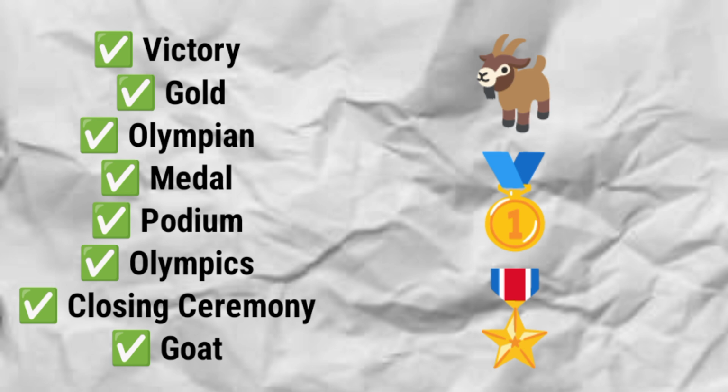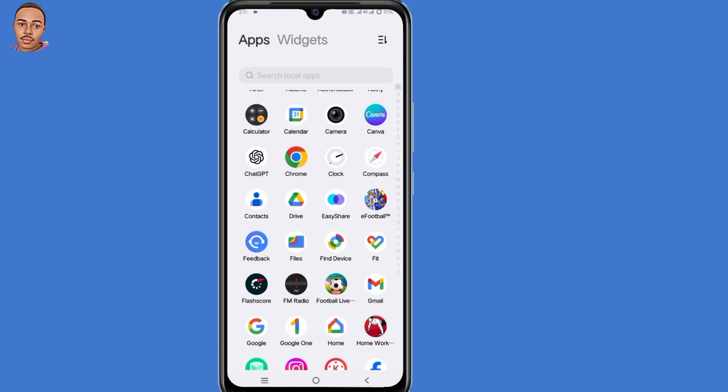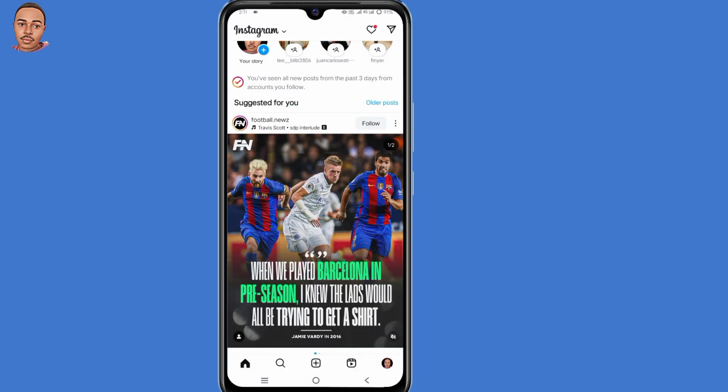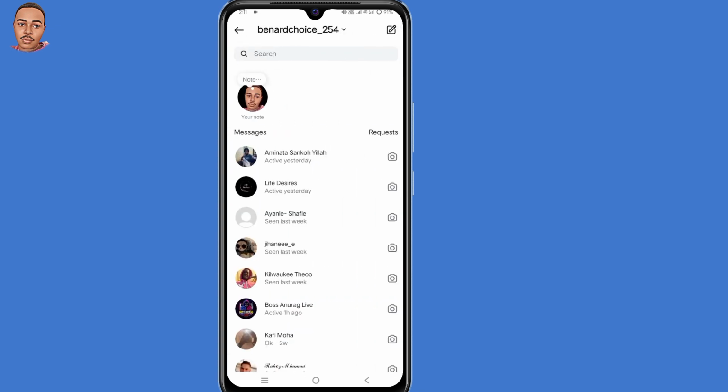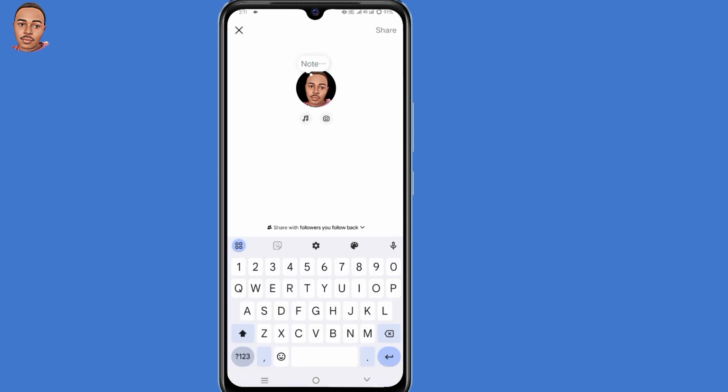So guys, let's try out to add the golden effect on our Instagram notes. So now you need to open your Instagram application. So now after opening, click on the message icon here at the top right corner. Now select notes. So now you need to create a sentence using those keywords that I shared earlier. So I'll type